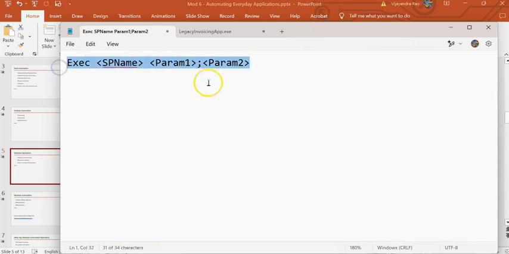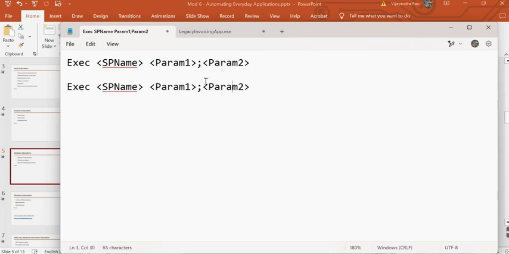One correction here is instead of semicolon, it takes comma. So you can separate parameters with comma. That's what I wanted to mention. Clear with this? This should be a comma. Okay,